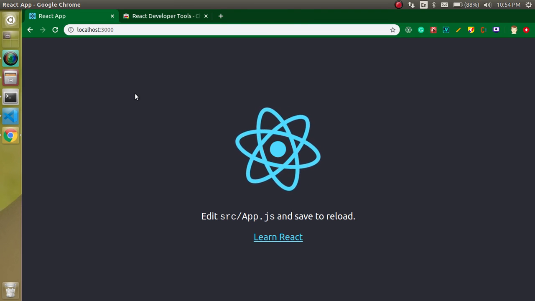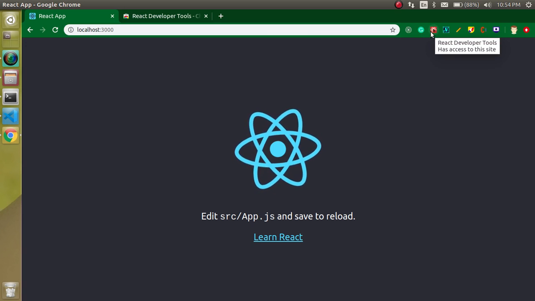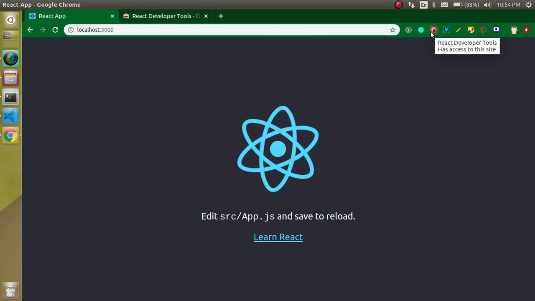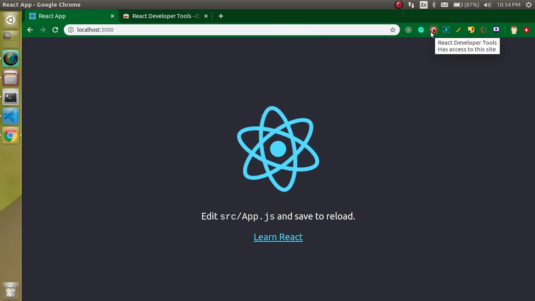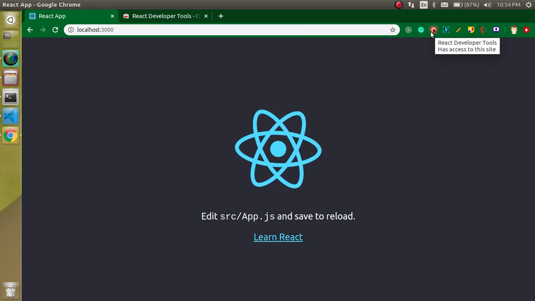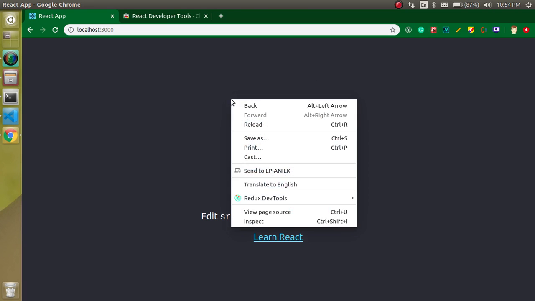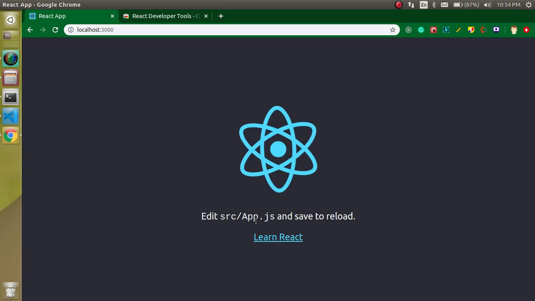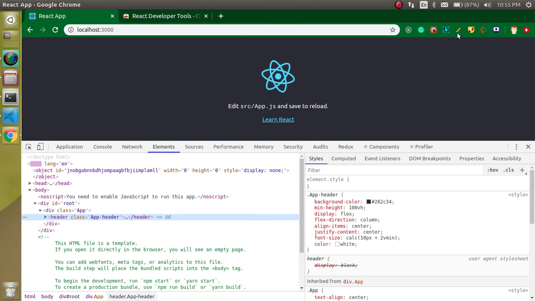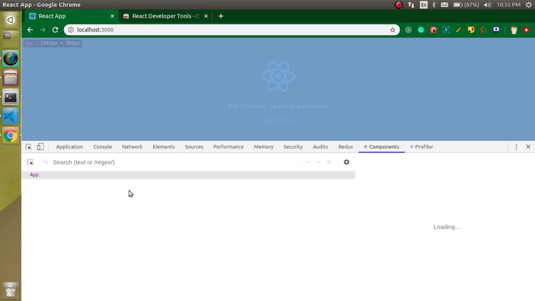So this is my React application. Here you can see there is a tooltip saying React developer tool has access to this website because this is a React application, right? So how can we see more data and more details? For that you can just inspect here, and when you install it, you will find 2 things. One is components, second is profiler. What is profiler we will talk about in the next video, but in this video we will focus on components, right? There is only one component because this is a fresh and new React application,